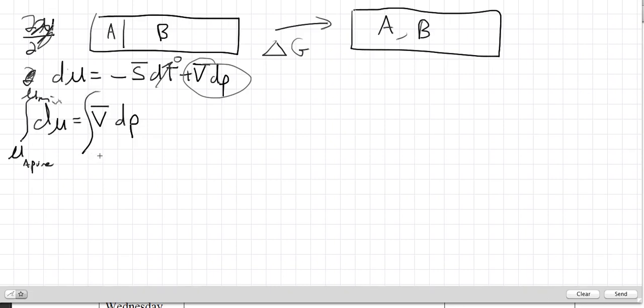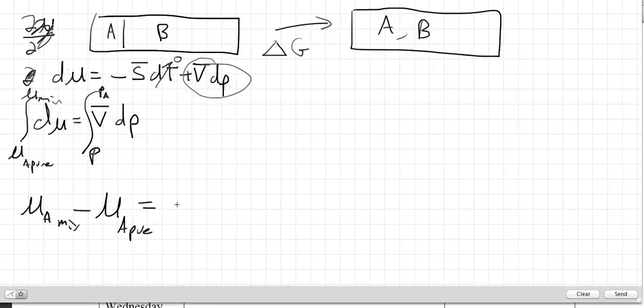And we have to integrate. Well, we started off with everything being at pressure P. So we're starting off at initial pressure P. And then in the mixed state, A is expanded to fill the whole container, so it's at some new partial pressure P sub A. So if we integrate this, we get the chemical potential of A mixed minus the chemical potential of A pure